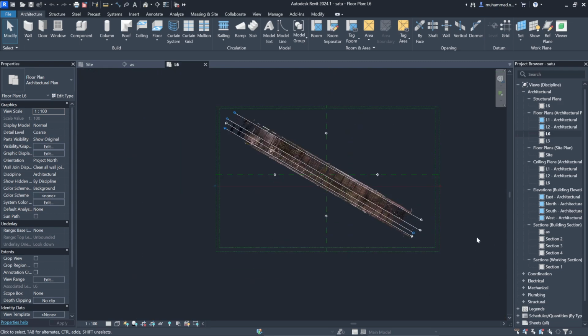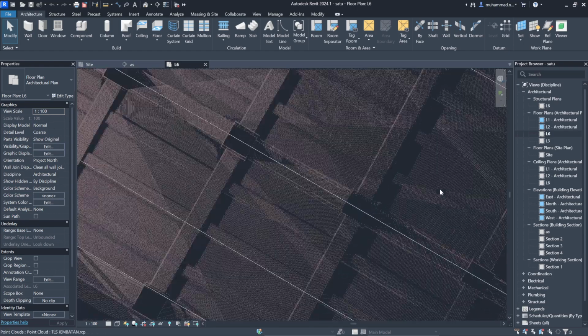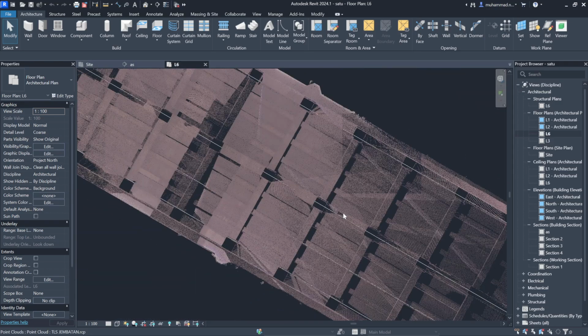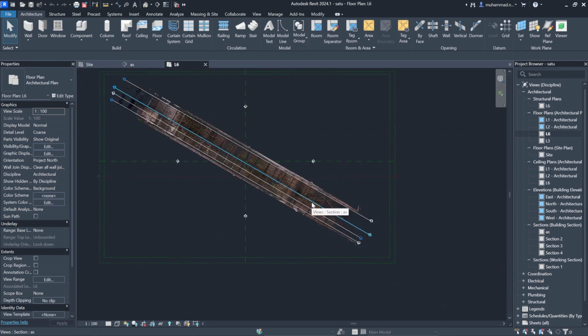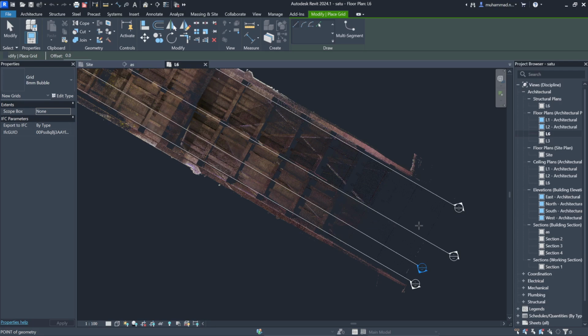Right here, as you can see, we found that we just have the segment of the columns of the bridge. So what we do now is create grid. So that grid will help us